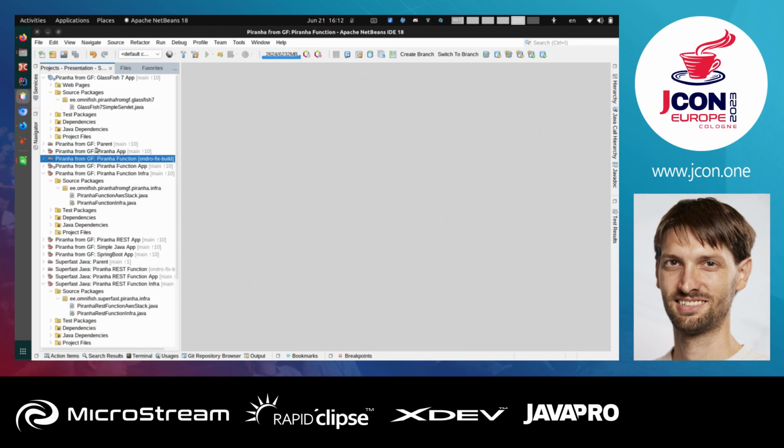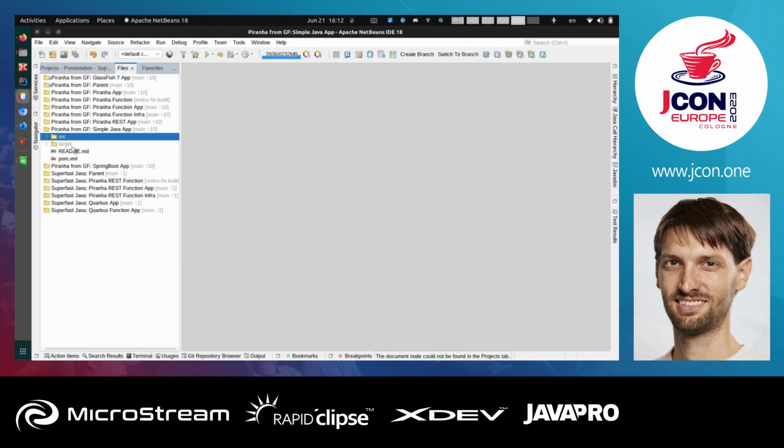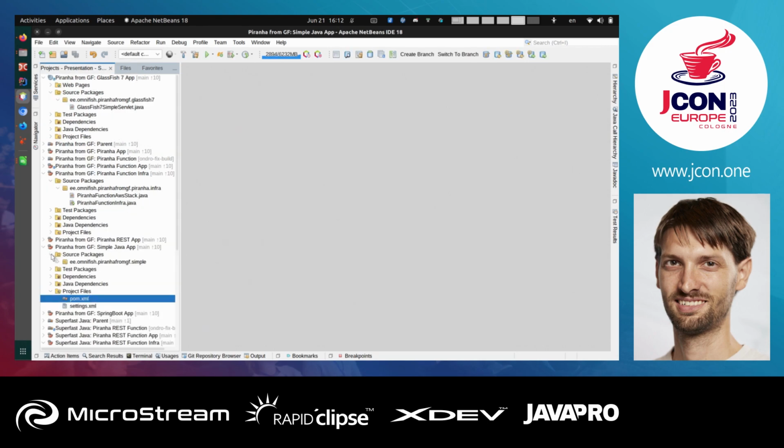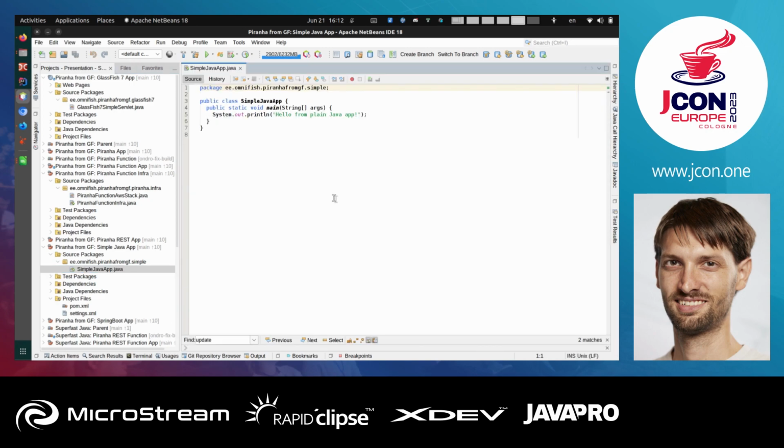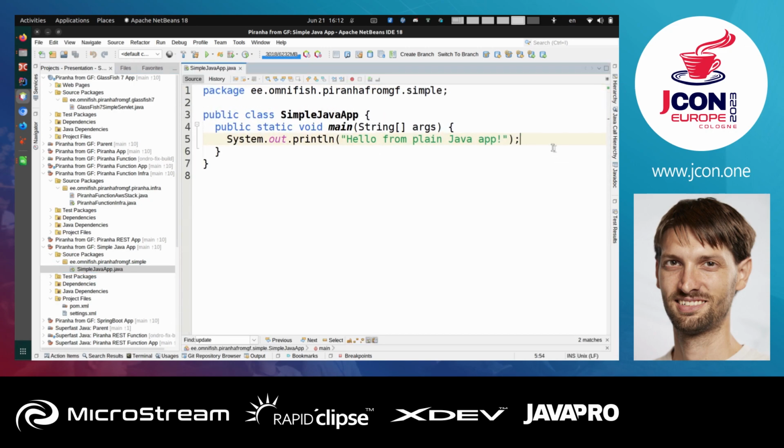I don't know if you're interested in the source code, but I can show you quickly. Many of us don't write these applications nowadays. Only when we start learning Java, we do this. We print something from the main method and return. And that's the reason why we sometimes forget that Java can be really fast, because we deploy applications on application